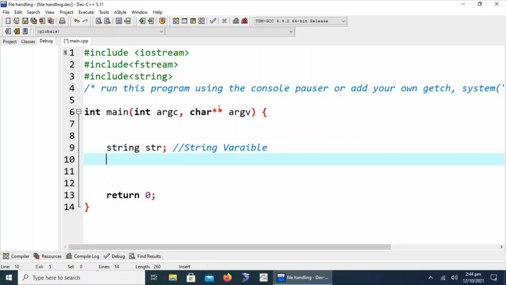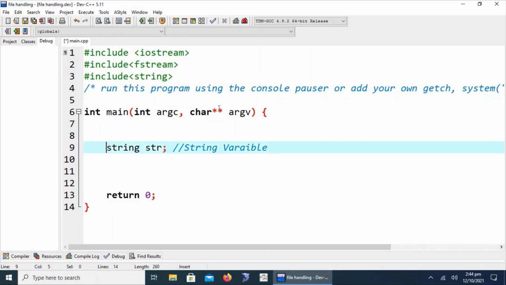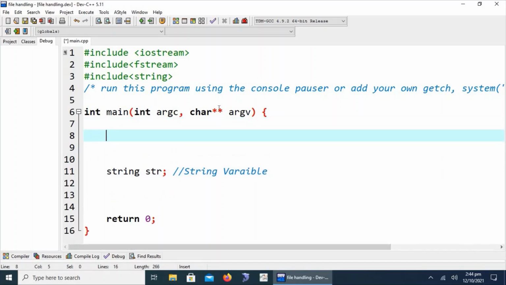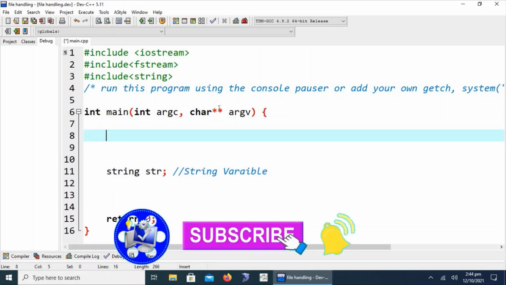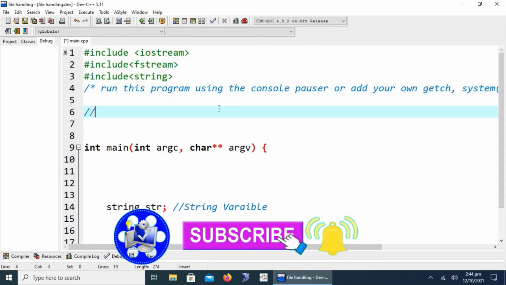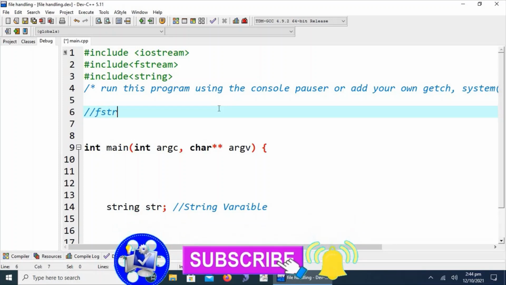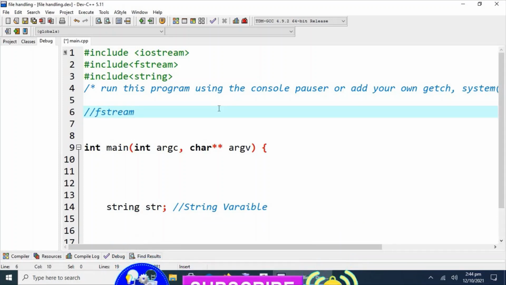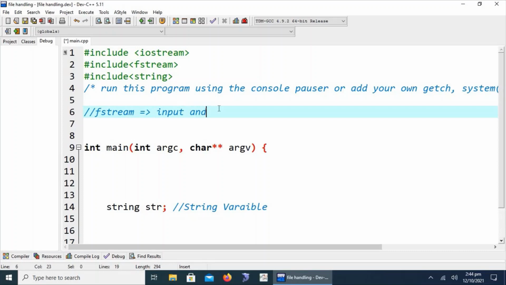Secondly, we have to create a file. Here we have to understand the mechanism behind reading and writing files. We have fstream, which is used for both input and output operations.